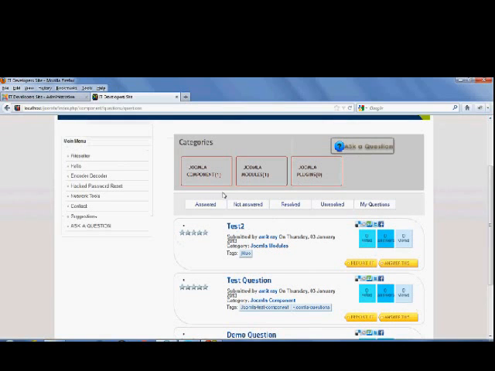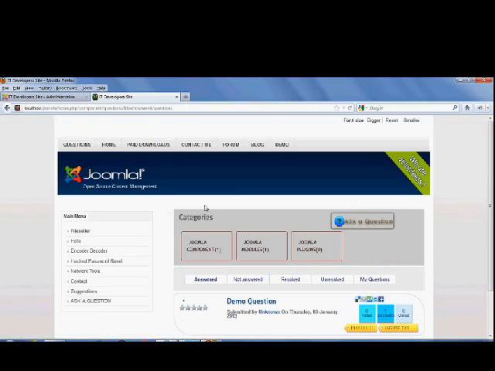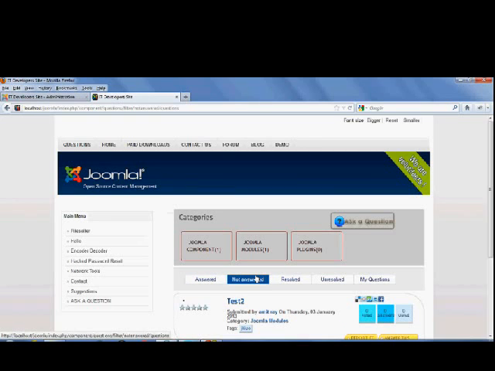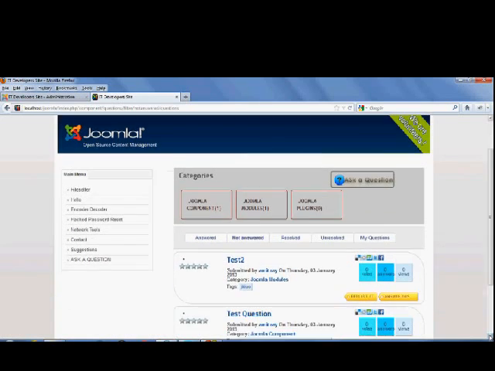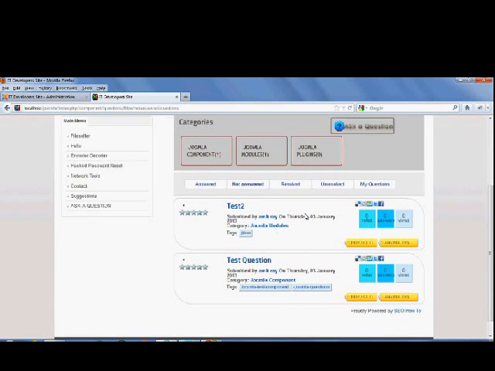Now there are various options listed here. If a question has been answered, this will show the answered questions. So if I click on this right now, I don't have any answers. Sorry, the demo question is answered, so it's showing the demo question. And now if I click on the not answered questions, there are two not answered questions. Yes, you see these are the questions which have not been answered, and this